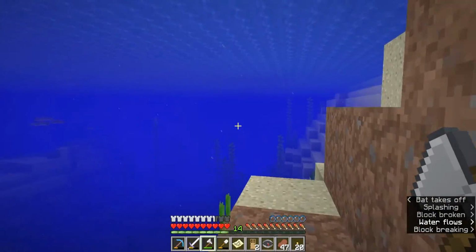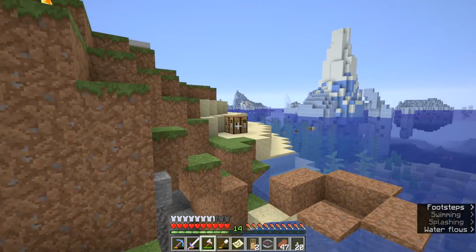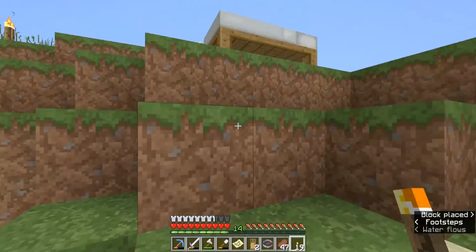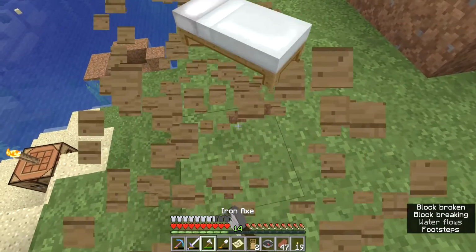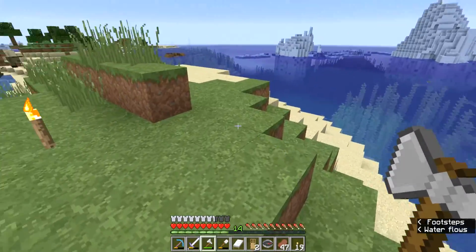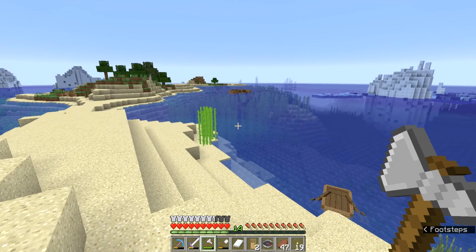There we go. Alright, and now we're gonna go ahead, if I can... I'm just gonna leave that there because I don't care about it. But you know what I will do is just go ahead and mark it. There we go. We were here. So what I'm going to do is toss this buried treasure map because I no longer need it. We're going to make our way back home, although there is another...